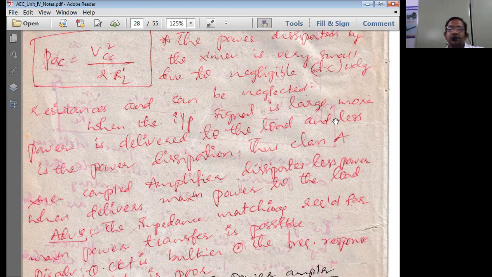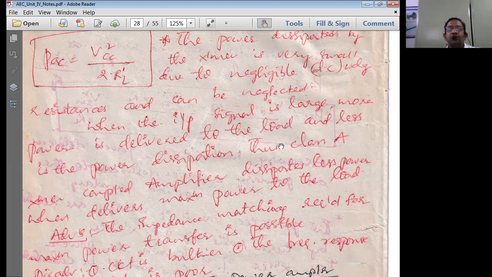Because what is the DC voltage drop across the collector, which is nothing but equal to VCEQ. VCEQ is normally written as the drop across that, that is ICQ into RC. RC, if it is 0, then the drop across that is taken as equal to 0. Therefore, we are going to consider that it has very little power dissipation in comparison to the transformerless class A power amplifier circuit.